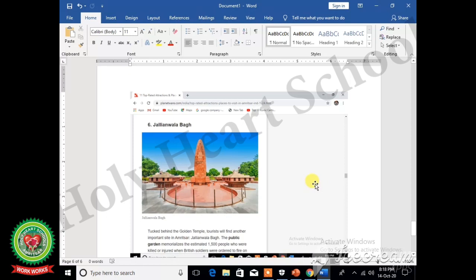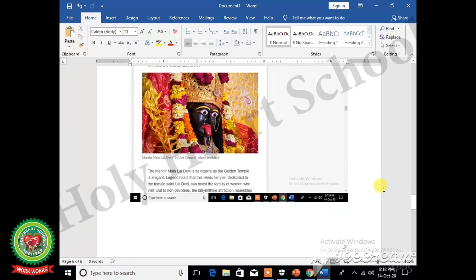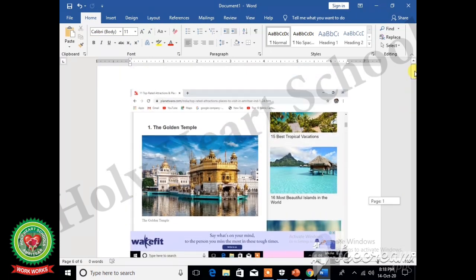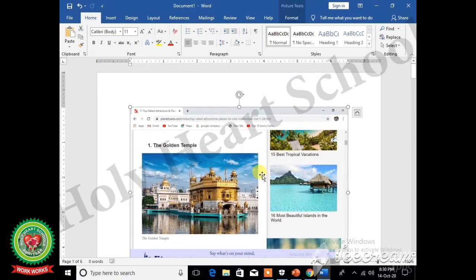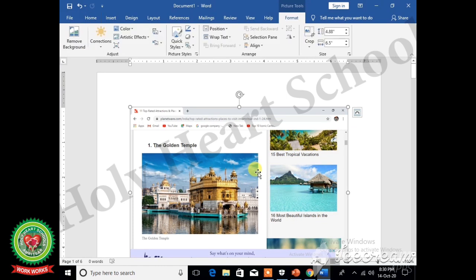Now we will do the formatting of these 6 images. Firstly, double click on the image and click on crop option. Crop option will remove the unwanted part of the image. Students, after clicking on crop option, dark black border will appear around the image.